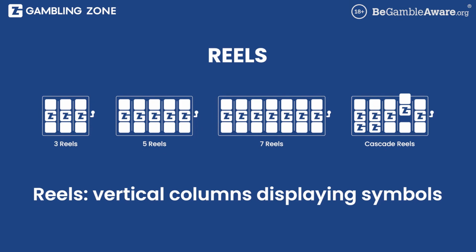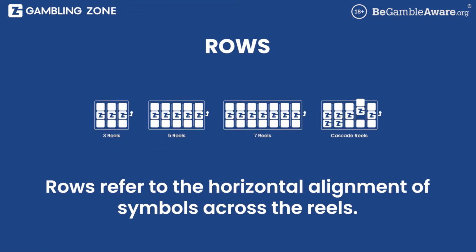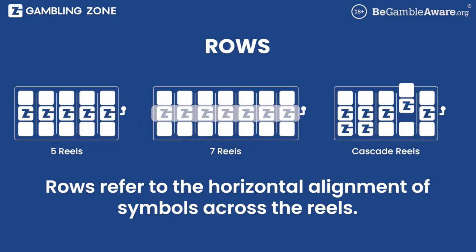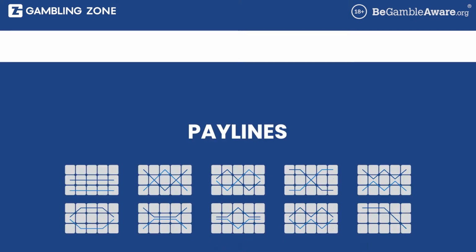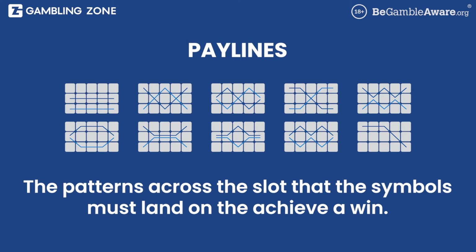Slot reels are where the action takes place. Reels are vertical columns displaying symbols that spin around. The number of reels will vary between slots, with most video slots having 5 reels. Rows is the term used to talk about the horizontal alignment of symbols across the reels. Pay lines are the patterns laid out across the slot that symbols will need to land on in order for